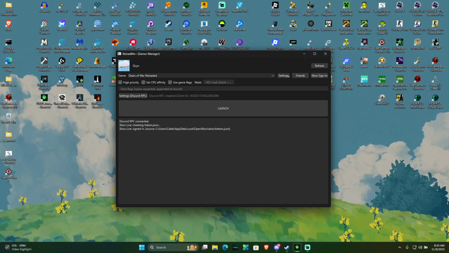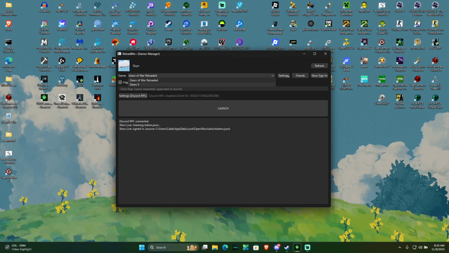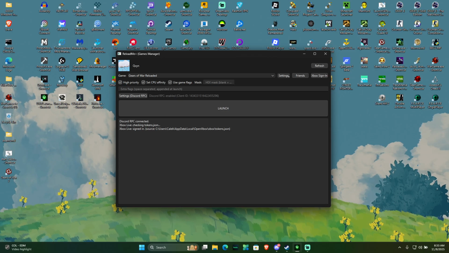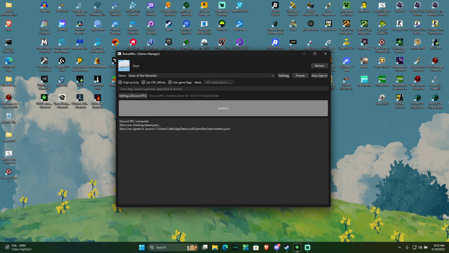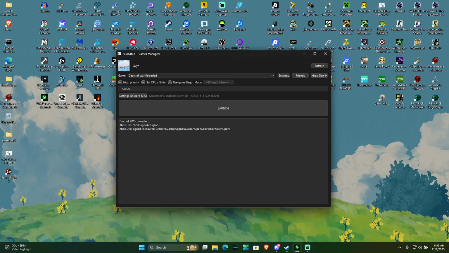So, I've been building this, and what this is, I don't have Gears 5 installed, is basically a game manager for UWP apps, or better, Xbox slash Microsoft Store Game Pass games or applications. The reason why I have this, and as you can see all this stuff here, is so that I could basically launch the game